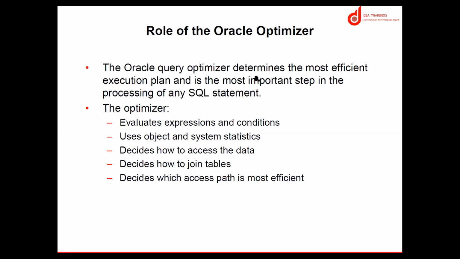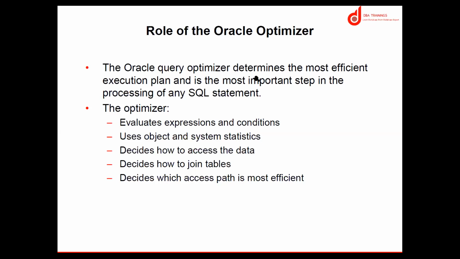Then your optimizer has another task: it will evaluate the execution and the conditions. What does evaluation mean? Your optimizer first evaluates your expressions and conditions, like where salary is equal to so and so, or age is equal to so and so, department is equal to so and so, if any condition in a where clause you are using. So they will check your conditions. Got it? Then they decide how they are going to access your data: fully, then filter, or only a particular part, is there an index or not. Then they will go to the next step.